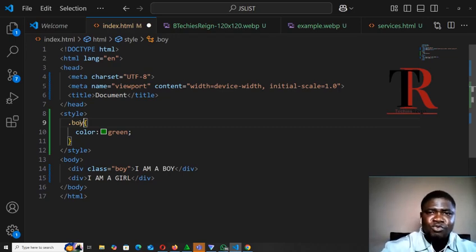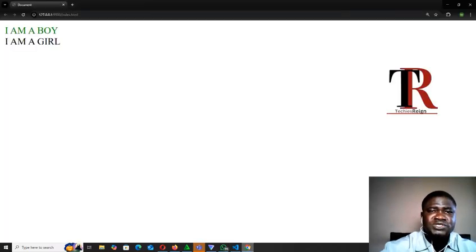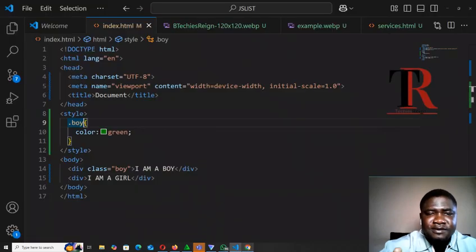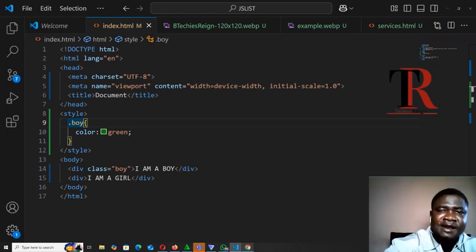Because we are using class and we have named our class boy, when we want to call it in our styling, we will say dot boy. We have used dot boy and I said dot boy color is green. Now if we save this and we come to our browser, you see that only boy changed because we have named "I am a boy" class boy. So when we call on boy inside our style, it will only work on the one that we have given the